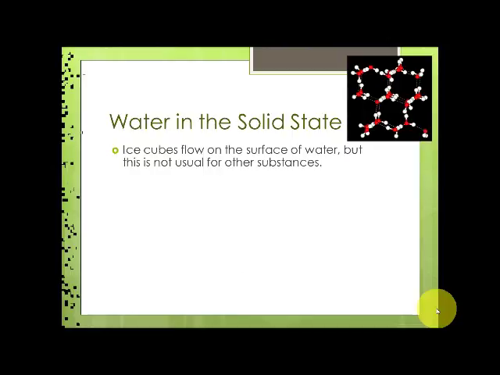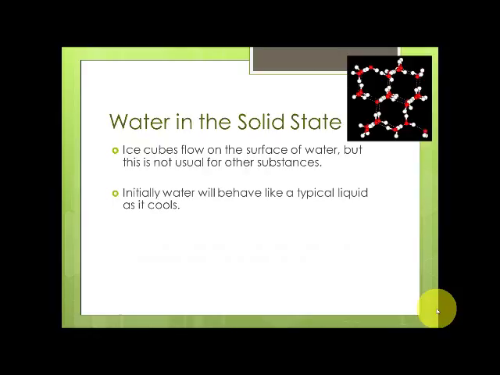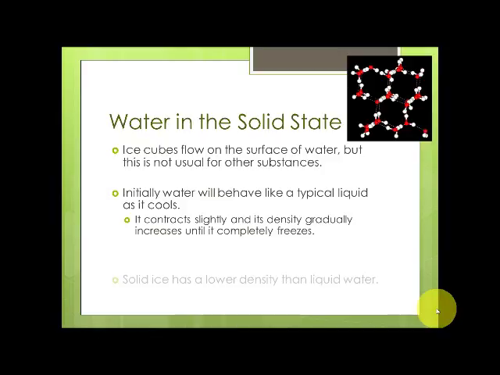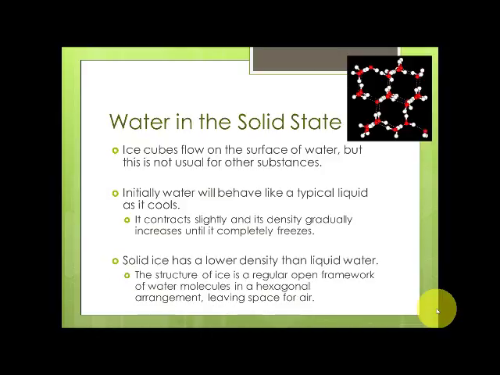When we have water in the solid state, ice cubes float on the surface of the water. And this is unusual because not everything else does. Initially, water behaves like a typical liquid. As it cools, it slightly contracts and its density gradually increases until it freezes completely. But when it freezes, solid ice has a lower density than liquid water, and that's because of the molecular structure. It has an open framework with hexagonal air pockets, or space for air to form and